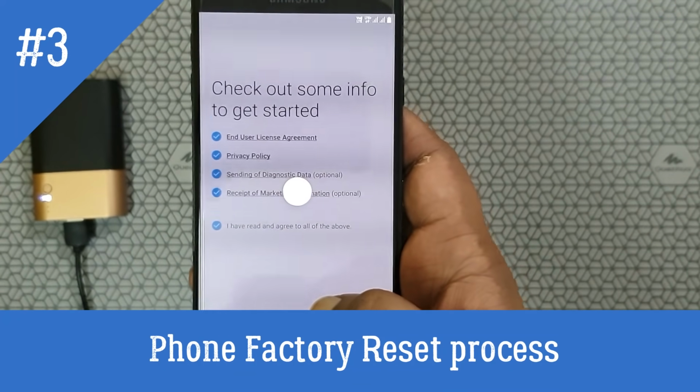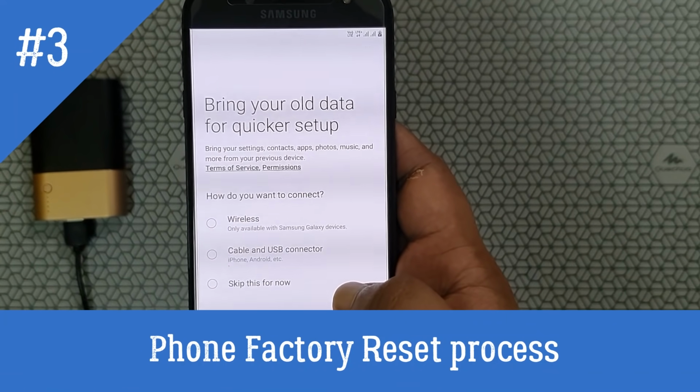You have to configure all the terms and conditions, everything.